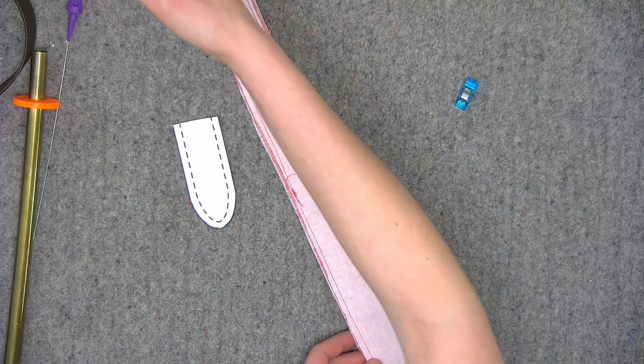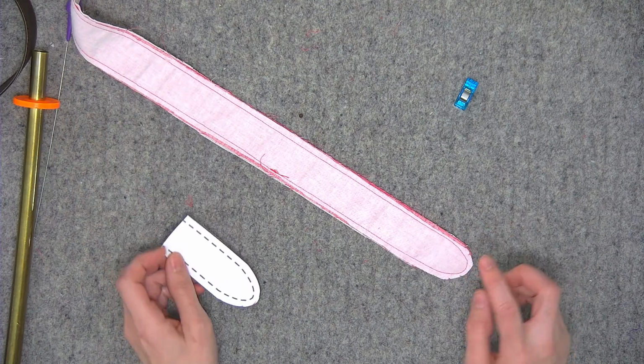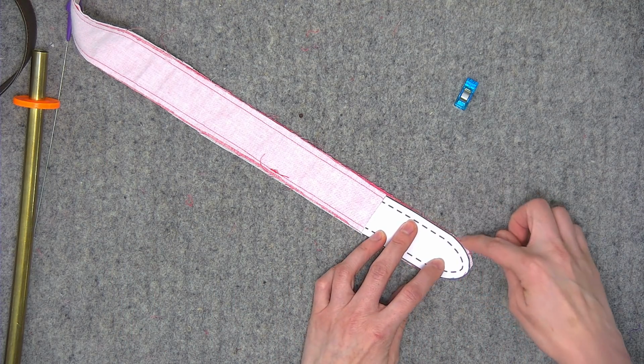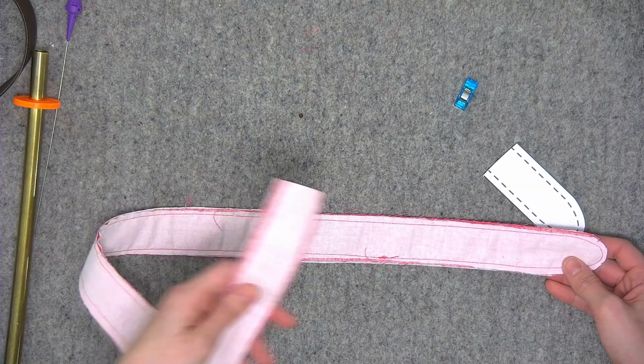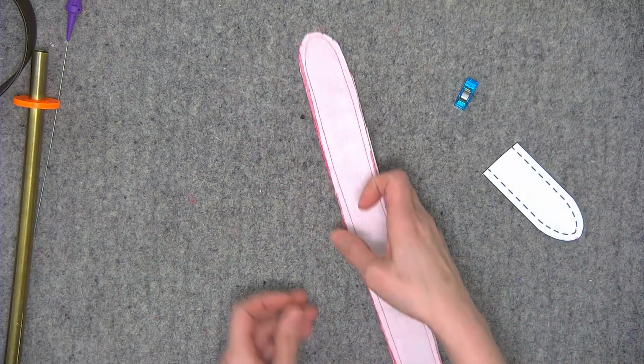Okay, so go ahead and take 2 of your strap pieces. You're going to place them right sides together. Before sewing, however, you're going to use the template to just draw around the bottom edge of the fabric, just to round that edge out. And then you're going to sew the entire strap, leaving the short end unsewn using 1/4 of an inch seam